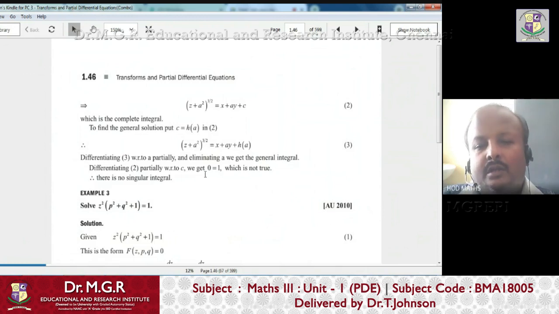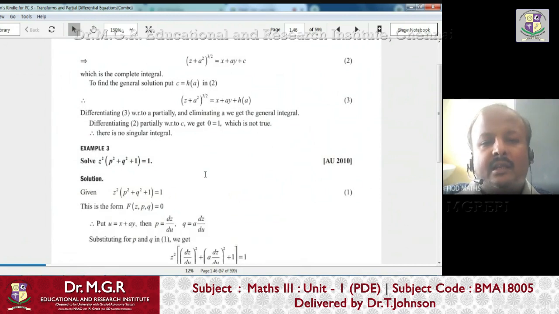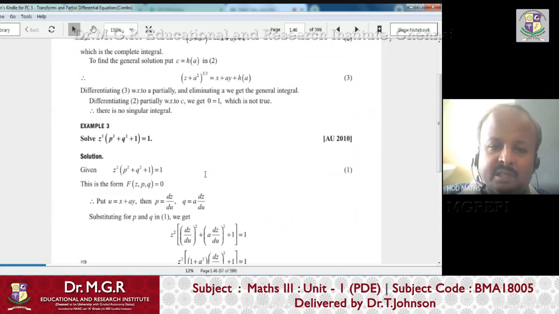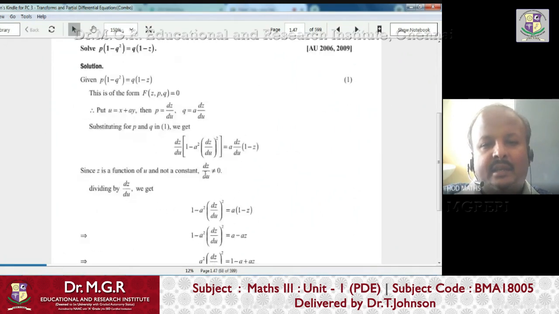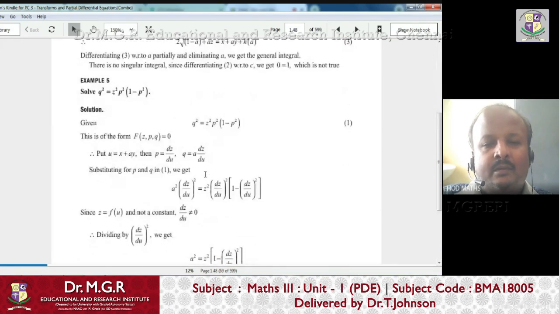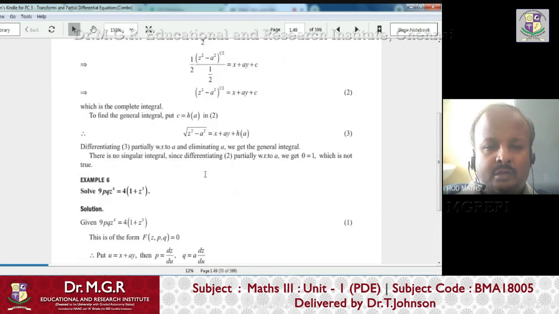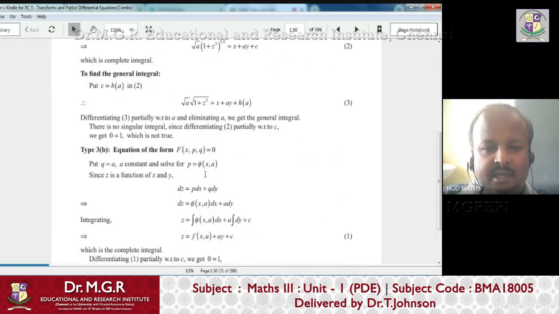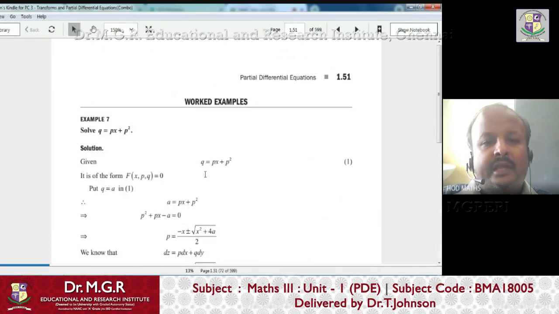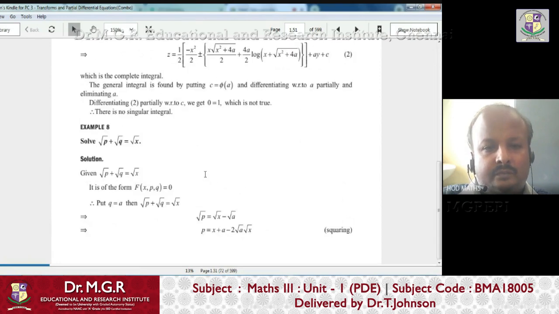Right? So now our 10 more minutes of time is there. Type 4 we will see, because type 4 is very simple. It's just like type 3, only one small change is there. So within 10 minutes we will see type 4 also, so that we will finish this unit, I think, or at least this section. So here it is.